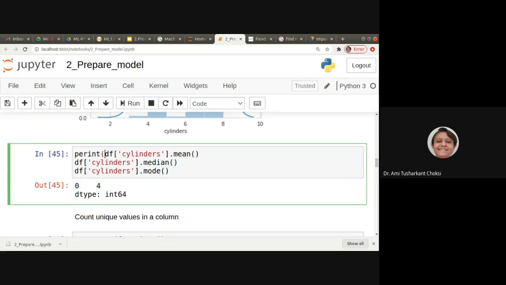Print this is mean, then the second is median.